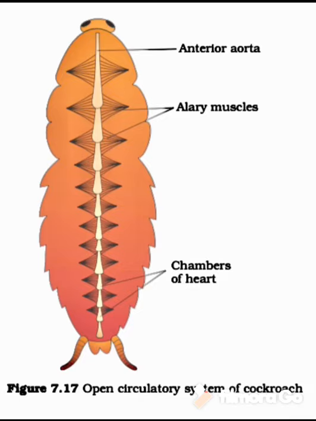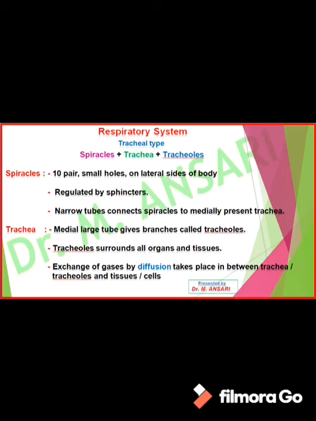Circulation of hemolymph starts from the pericardial sinus. From the pericardial sinus, the hemolymph enters the chambers of the heart through the ostia. This hemolymph goes backward and then flows forward. When it comes into the first chamber, it gets poured into the head sinus. From the head sinus it goes to the perivisceral sinus. Again from the perivisceral sinus, the hemolymph comes into the pericardial sinus. In this way, the circulation of hemolymph is carried out.